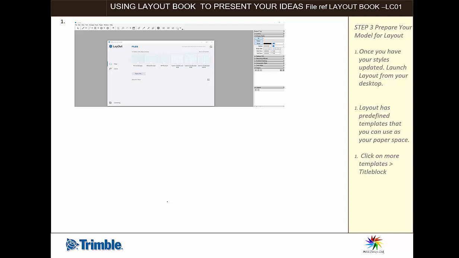So where do we start? Layout book is a separate component to SketchUp. It's part of the SketchUp family. So when you have your license, you will notice that you will have your SketchUp file and you will have your layout book. So to start off, what we need to do, we need to open the layout book,